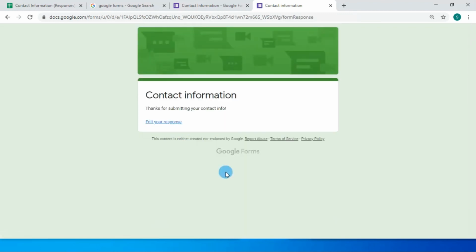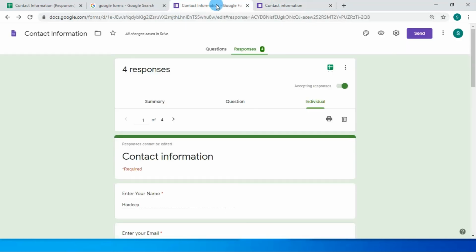You can see that I have filled the 4 forms, and we will go back to the form and see the responses.